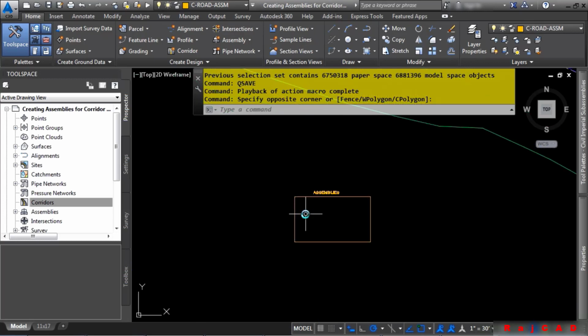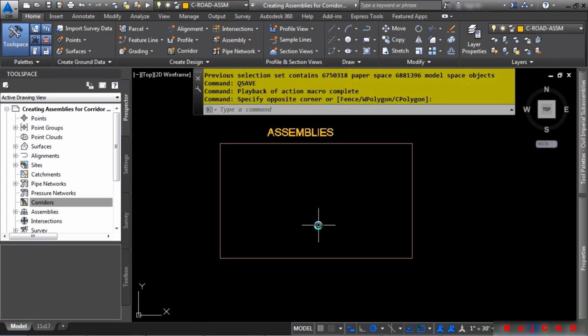It's always a good idea, somewhere in your drawing, to create some sort of area where you can define your assemblies. This way it'll be easier to zoom to them when needed. To create an assembly, navigate to the Home tab, Create Design Panel, and then the Assembly dropdown, and we'll click